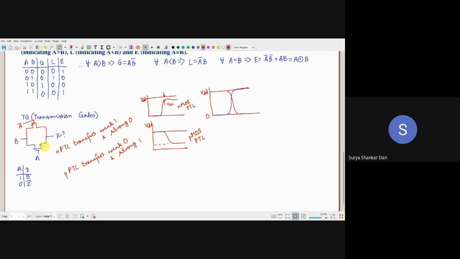Now I will write with the red color. This is a PMOS PTL. So here हमने क्या लिखे हैं? A and Z. Please remember यहाँ पर A bar है. So basically अगर 0 1 है, यहाँ भी 1 0 ही कर देते हैं, छोड़ो. So when A is 0, only then this is switched on. तो अगर switched on है, then it is going to pass B correctly. But when it is logic 1, PMOS will not conduct. यानी कि it is again going to be Z. Correct? Now this connection is very important.